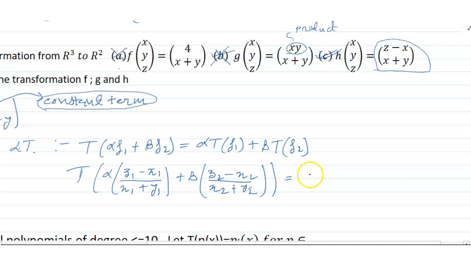So it can be written this way: T of alpha z1 minus alpha x1 plus beta z2 minus beta x2 divided by